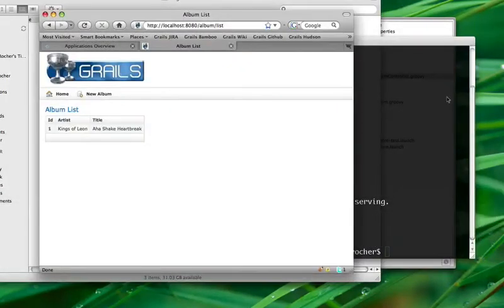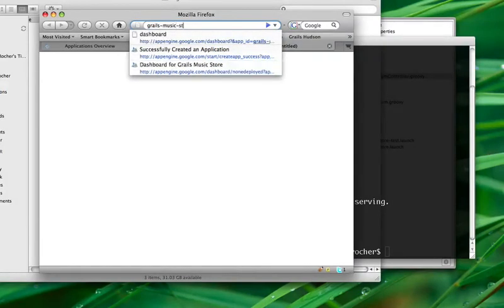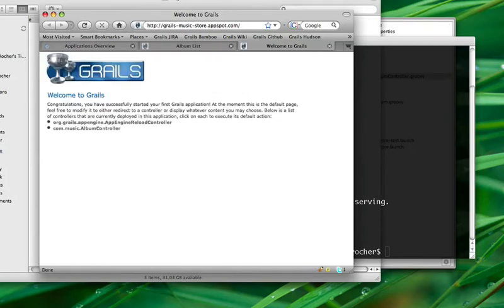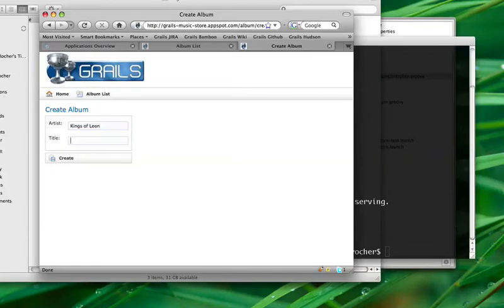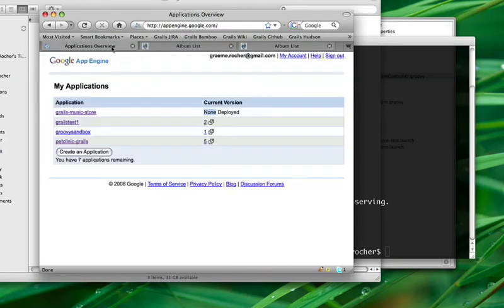So if we open up a browser and we go to grailsmusicstore.appspot.com, and the application will be ready. There it is. Okay, excellent. So click on the album controller, create a new album. This is all running on Google's infrastructure. There it is. Okay, so you have a Grails application up and running on Google App Engine and using the Google Data Store